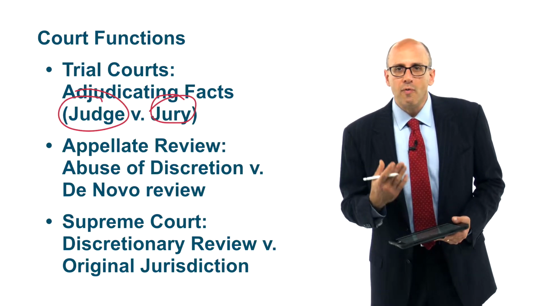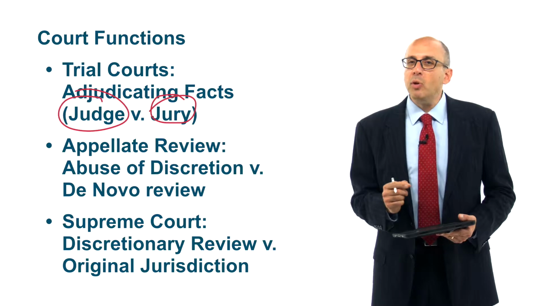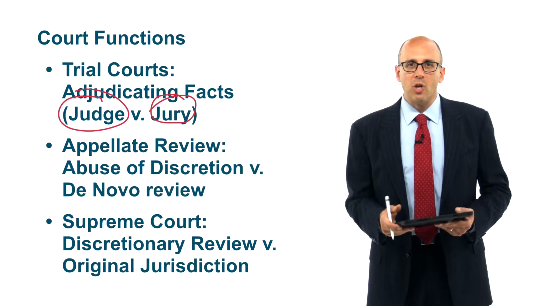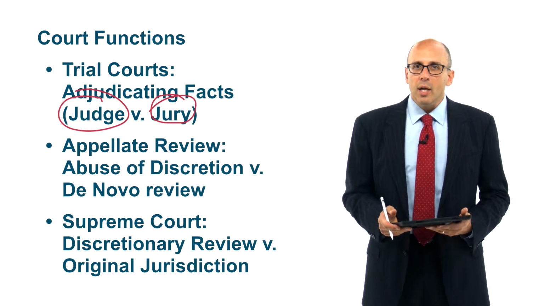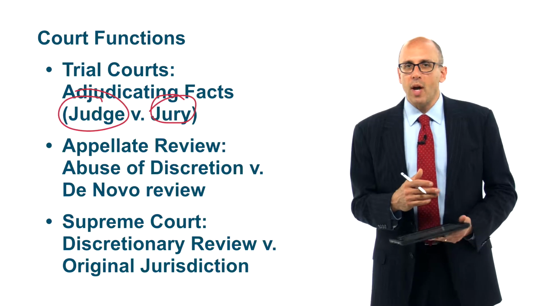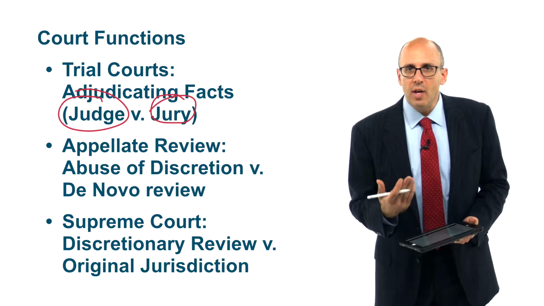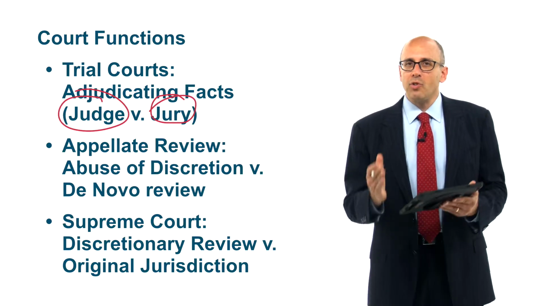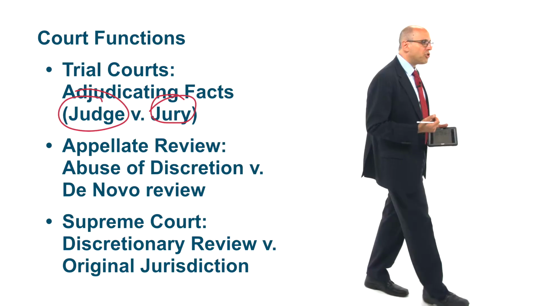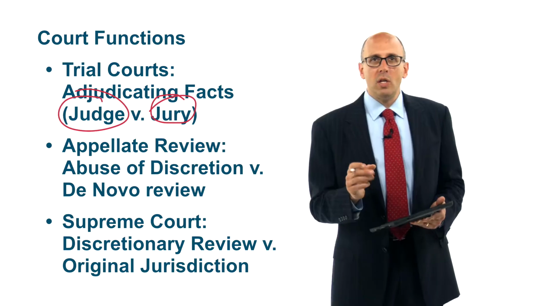So the standard for most decisions that a trial judge makes is abuse of discretion. So as long as it's generally within the discretionary power of the judge, if the judge rules one way on a motion instead of another way, usually an appellate court is not going to revisit that decision unless it's a clear abuse of discretion. That's with regard to the procedures connected to the trial,